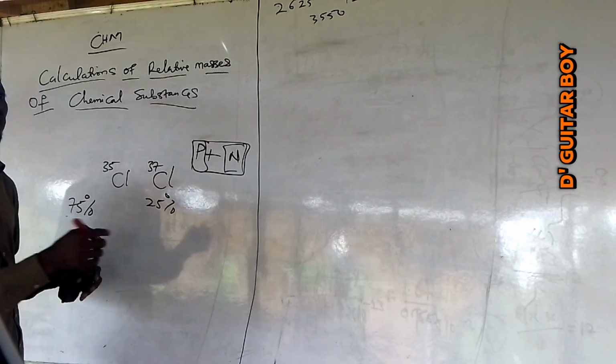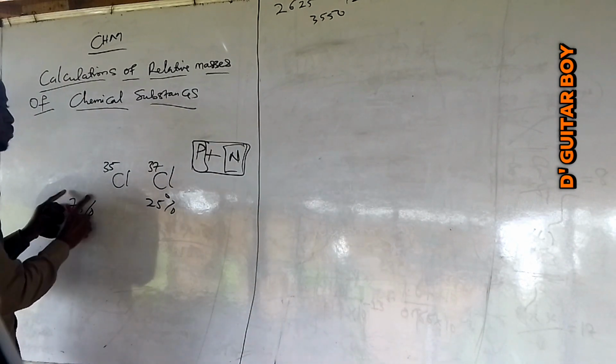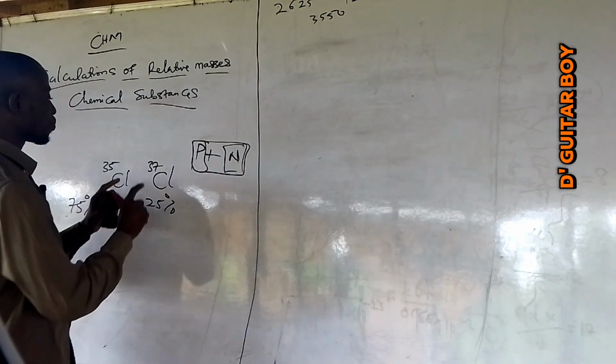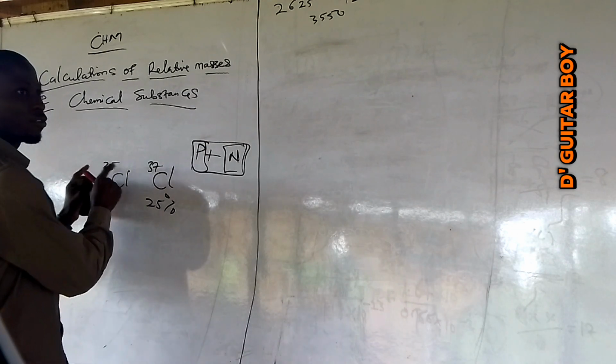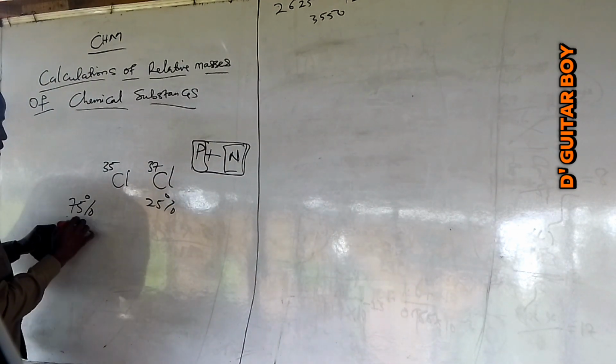In this case, if you want to calculate the relative mass of these substances, you must have their percentage abundance and also the relative masses of each isotope. So how do you do that? You come here, you say